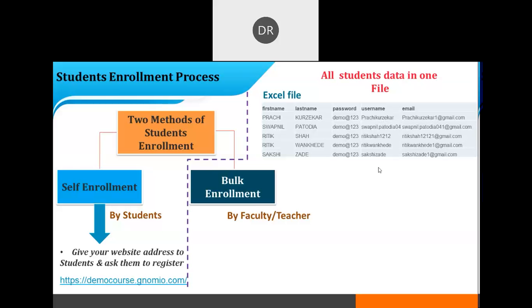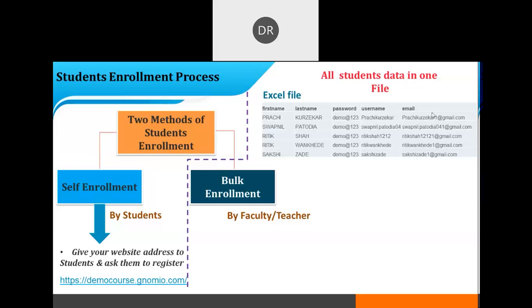So how to keep the username? You can select any username, but preferably the first part of the email. If you see any email ID, it is divided into two parts: the first part, before the at sign, and after that, the domain. It may be Gmail, it may be Yahoo, it may be Rediff, whatever.